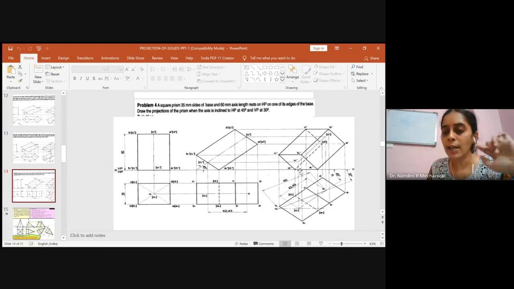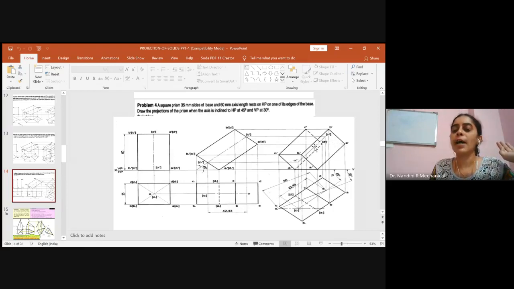So the projection coming through A1 is from A1 dash to D1 dash. It is at the outer boundary, so that will be visible. A1 dash to A dash is at the outer boundary, so that will be visible. Again, A1 dash to B1 dash is also from the outer boundary, and hence this also will be visible. So only the hidden lines are three sides: D1 dash to D dash, D dash to C dash, and D dash to A dash. After that, the axis you have also named.